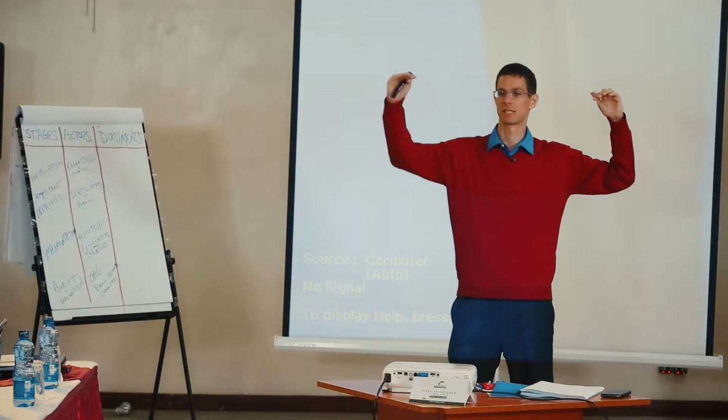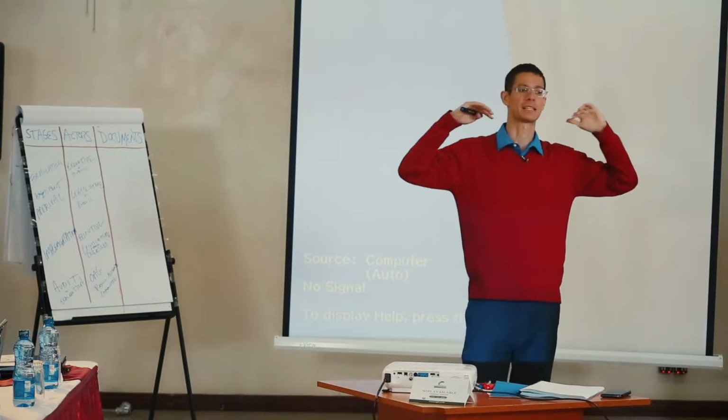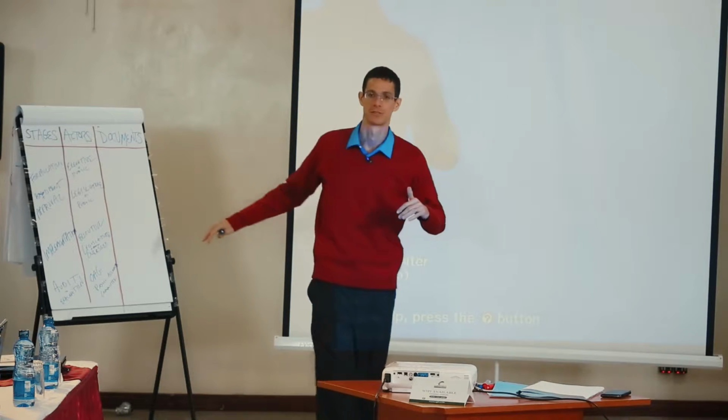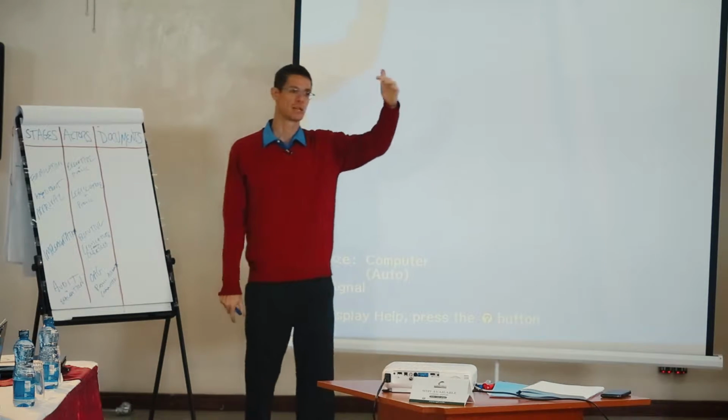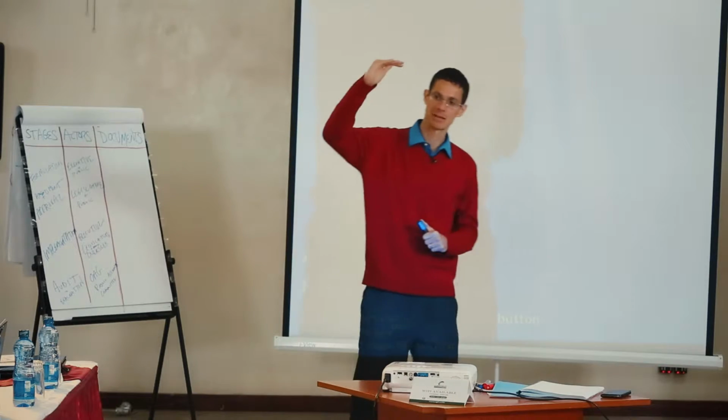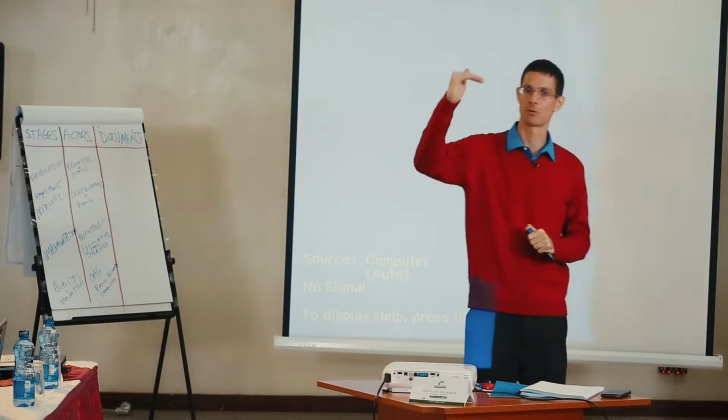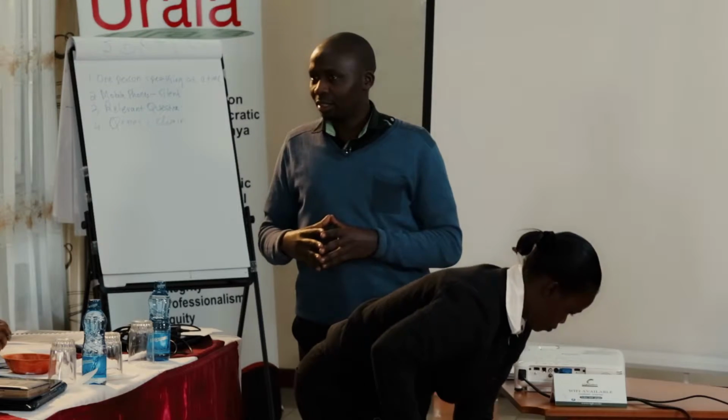We move to the final stage, and who is responsible for that stage? The Office of the Auditor General. The Office of the Auditor General, okay. At the national level, we have a Public Accounts Committee and a Public Investments Committee. Those are the 2 oversight committees that receive audit reports. The Public Accounts Committee receives the main audit reports. The Public Investments Committee receives the state corporation audit reports.